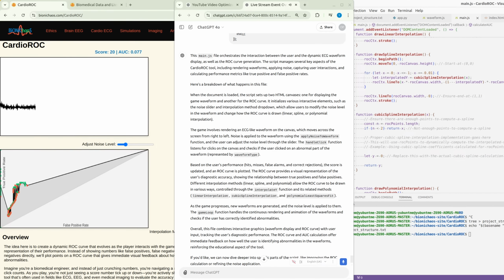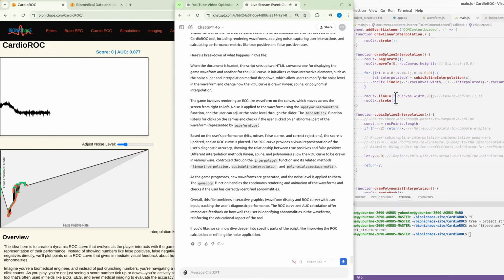The handleClick function listens for clicks on the canvas and checks if the user clicked on an abnormal part of the waveform, represented by waveformType. Based on the user's performance, hits, misses, false alarms, and correct rejections, the score is updated and a ROC curve